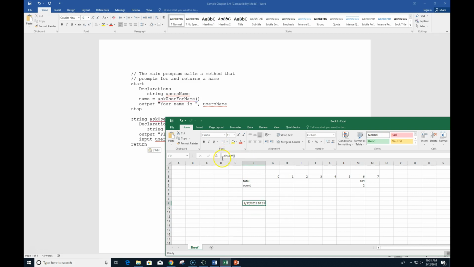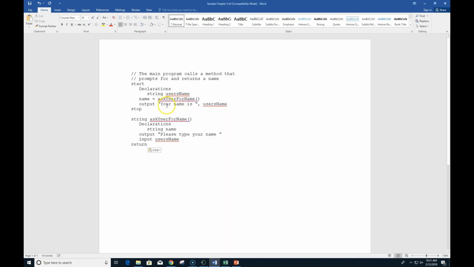And that assignment operator works the same way. That equals says I'm going to shove the value of this into that cell, which is right here. So here I'm saying I'm going to run a function called ask user for name, and I'm going to take the output of that and shove it into name. I can then output name,